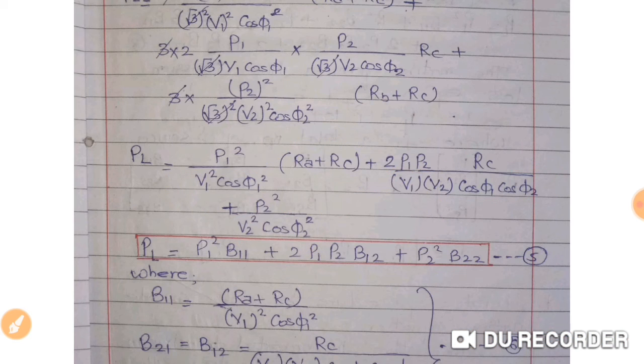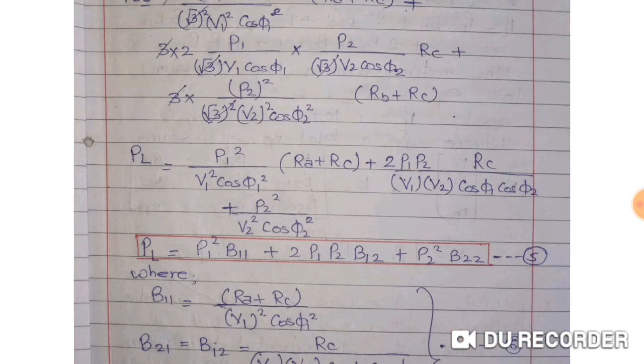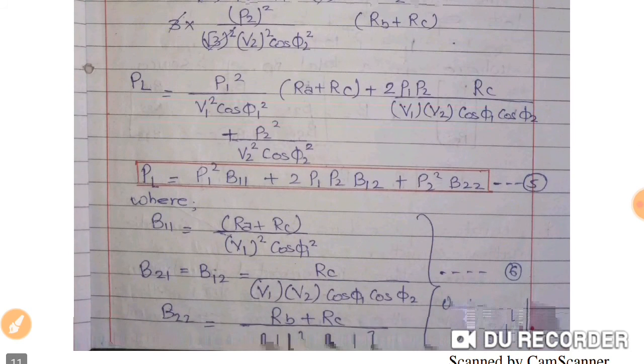What we are going to do with this, we are just going to write it as a coefficient. I will show it for this part, I am replacing it by B11. Since it is for 1 suffix, I made it B11. Similarly for the second one, this part, this will be B12, since we are having 2 powers in this system, P1 and P2, right? And similarly for the third one, it becomes B22. I have also mentioned it here. You can see here what is the value of B11, B12 and B22.